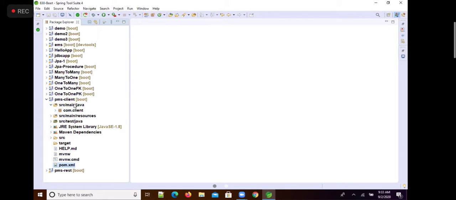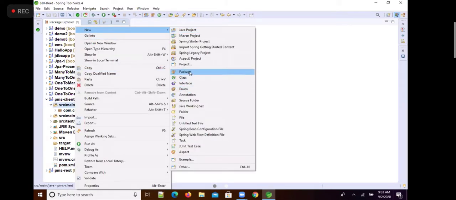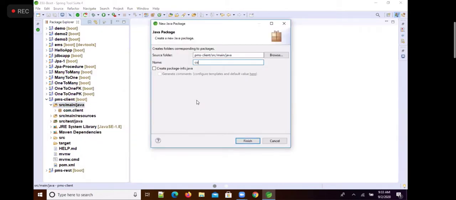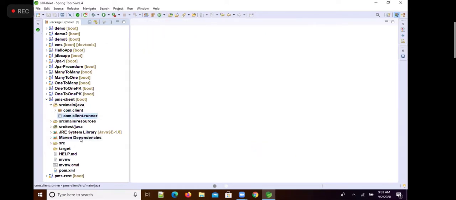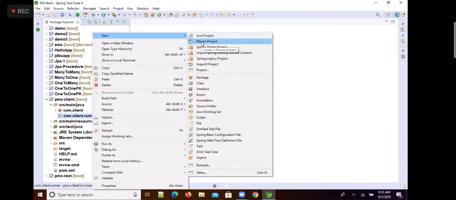I want to create a command line runner. So first I want to create a new package now. Package name is com.client.runner. Right click, new, class.